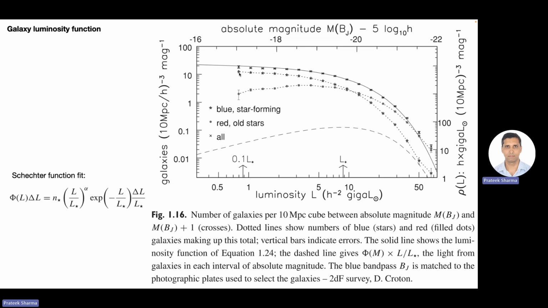And I said that mass and luminosity are not linearly proportional, but proportional to each other. So most mass and most light in galaxies is around L star galaxies, and our Milky Way happens to be an L star galaxy. So most of the mass and light in the galaxies around us are in the